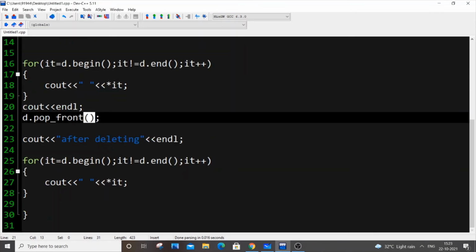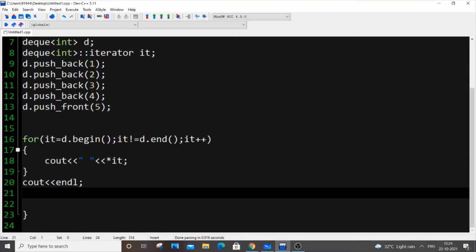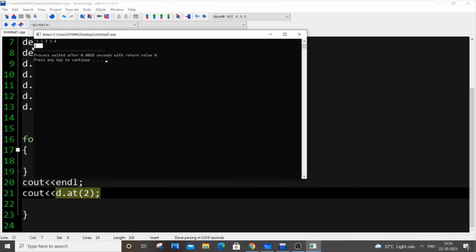And another thing with deque is that you can also access a particular element. So let's suppose I want to access the second index present in this deque. I will put d.at and specify 2 here. Which means that I need the element at index 2 present inside my deque. Okay, so let's see what we get as the output first. So I'm getting 2, that is the index number 2 because it starts from 0, 1, 2. So I'm getting 2 over here.